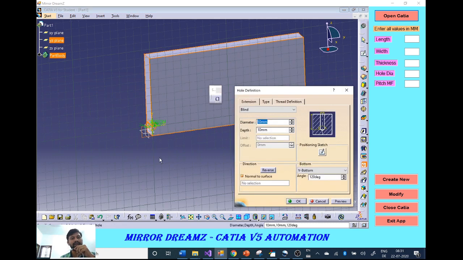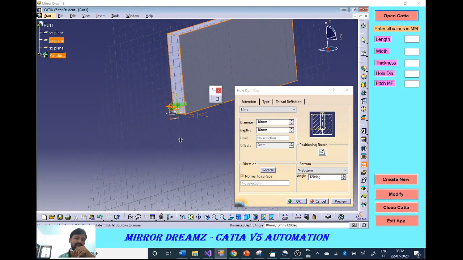The reason why I'm taking the plane as my reference is because if I change something with the pad, then the surface will get changed, but the planes won't get changed, or the coordinate values, like some points, so we will have a constant coordinate value. So it is always better to select planes or points or some lines or some coordinate values as reference if you are using macros. So I hope now you can see why I am selecting the plane instead of the surface.